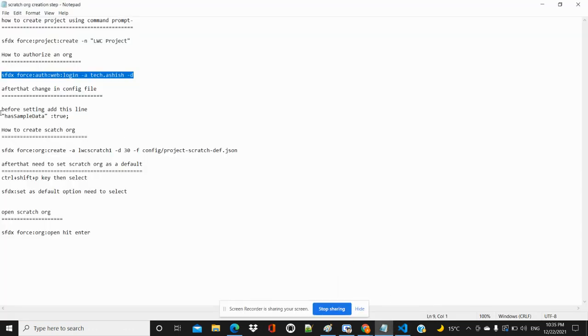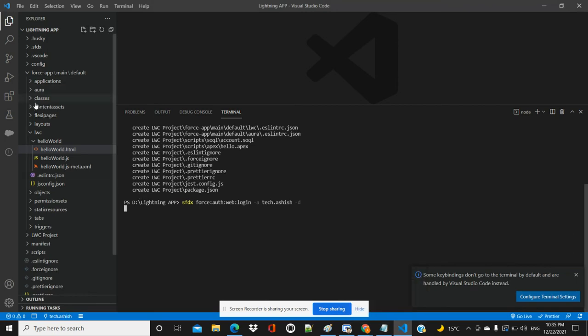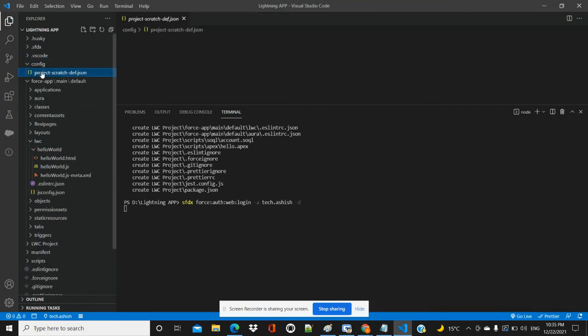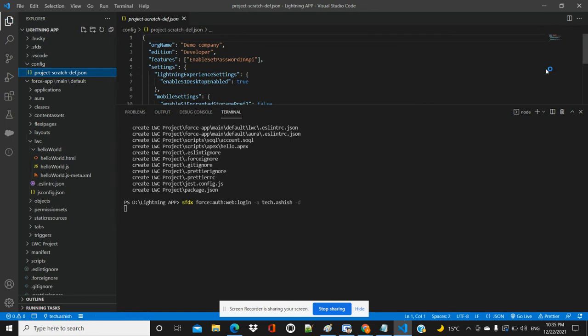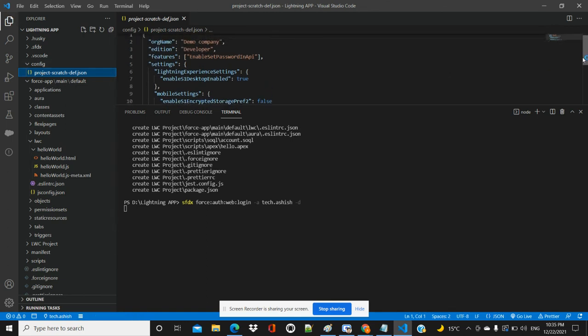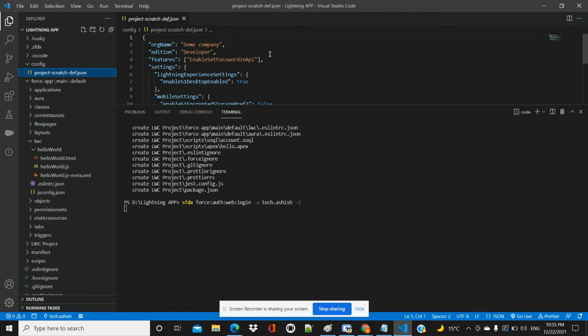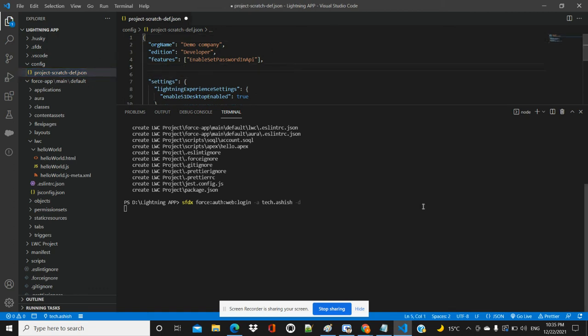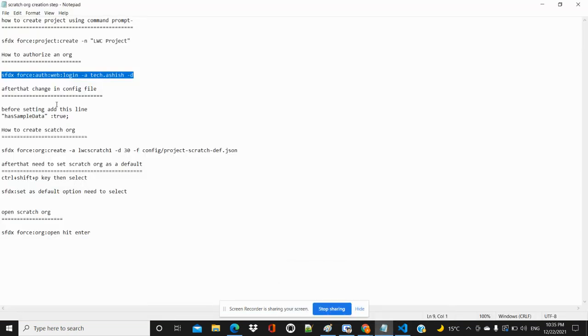So after that, we need to go to the configuration file. Here the config option is there, this one, and after that project scratch def. So here you need to change the setting: go here, hit enter, and change this one.